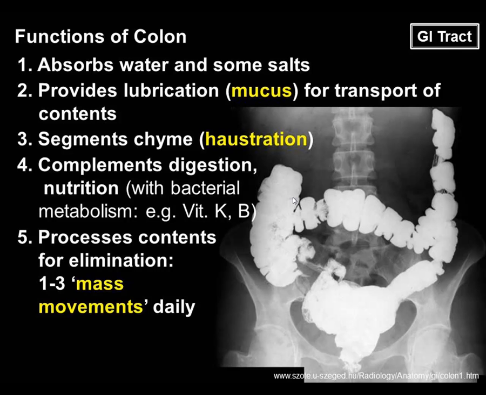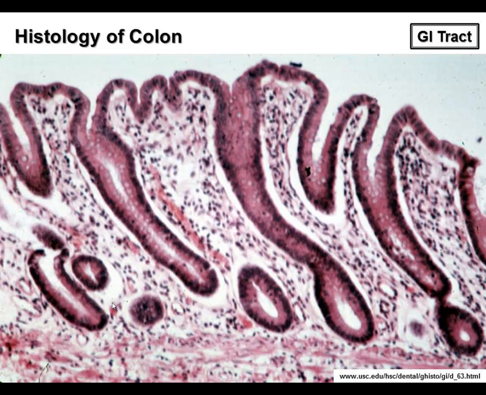Okay, the process after it's done, then you would like to eliminate the content, and that will be the movements, and that will be done by what we call mass movement, and that's something unique only to the colon. Okay, histology of the colon, we will see lots of goblet. You see all these little bubble cells, these are goblet cells. But other than that, we have the typical or the classical